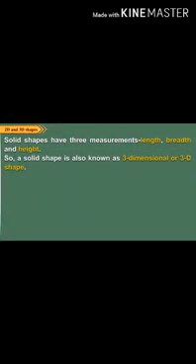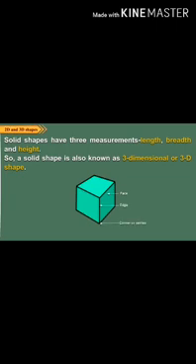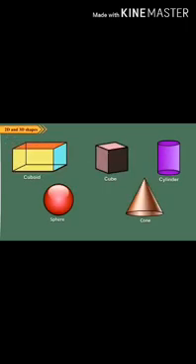Children, now let us know about some solid shapes. Solid shapes have three measurements: length, breadth and height. So, a solid shape is also known as three-dimensional or 3D shape. Solids have faces, edges and vertices. Some of the shapes of the solids are: